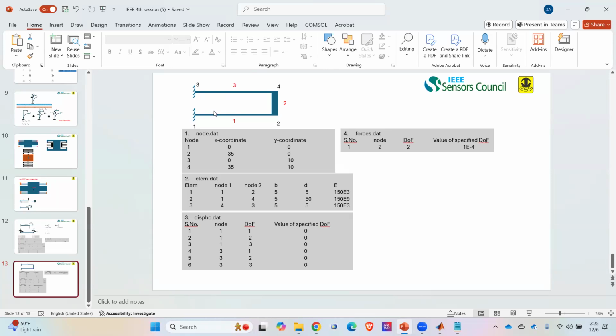If you see this downward beam, it is one single uniform length. I'm taking the initial point as node 1 and the end point as node 2. So this is a single uniform beam. The red one, which is 1, I'm taking as a whole as element 1. Let's say if it is not uniform, if they are different,